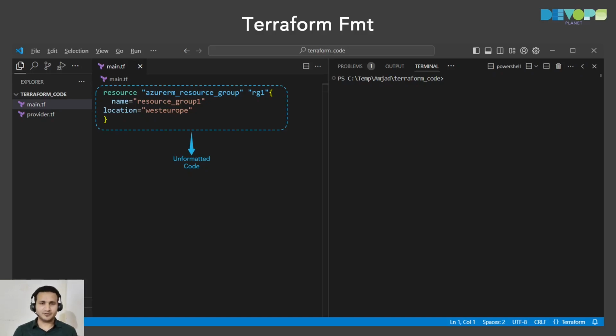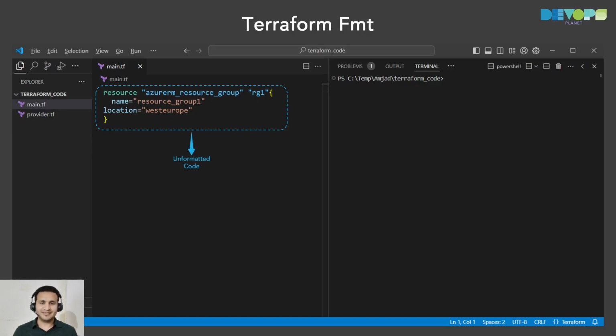It doesn't have an impact because it's not a YAML or JSON format. It's the HashiCorp coding language, and it does support this kind of indentation. So generally, we don't need it. But if you want your code to be beautified, because currently it's just 4 lines and you might not need it. But when you are writing a number of lines of code, then you might need to